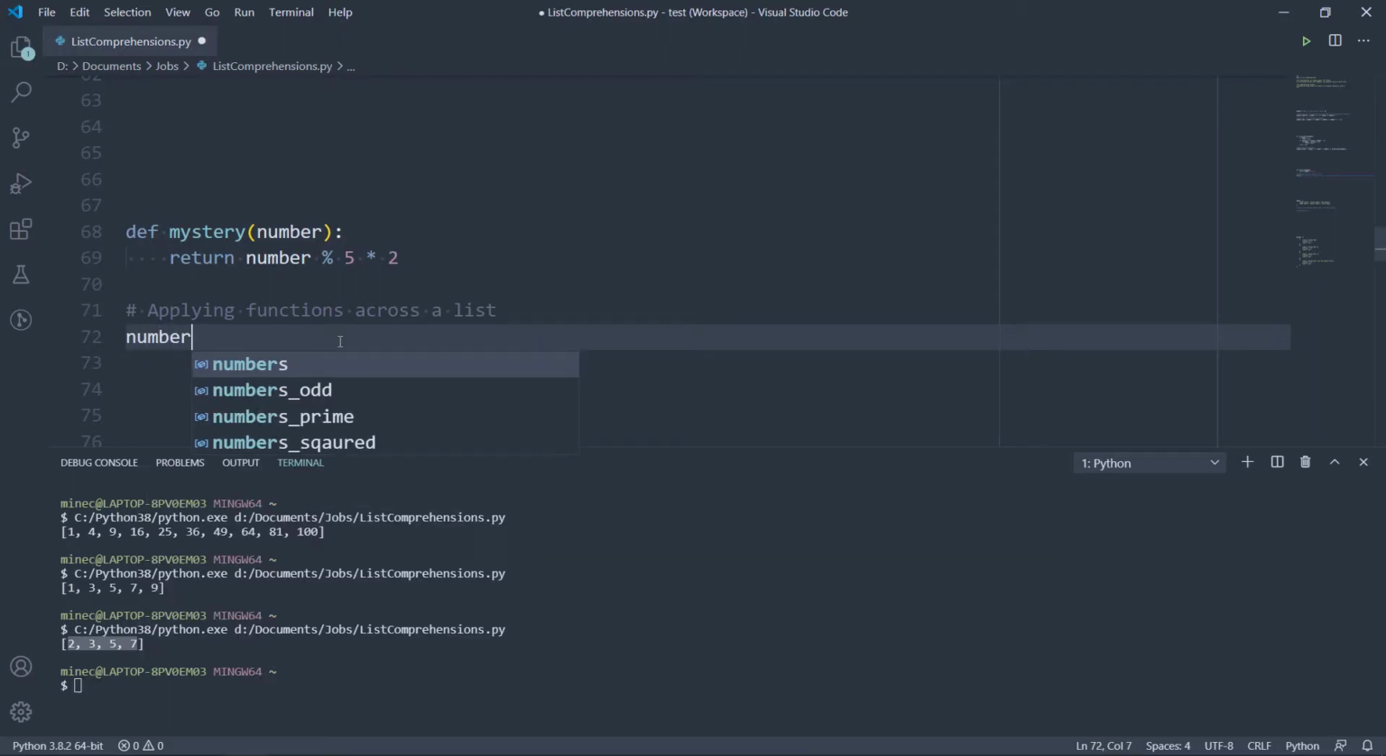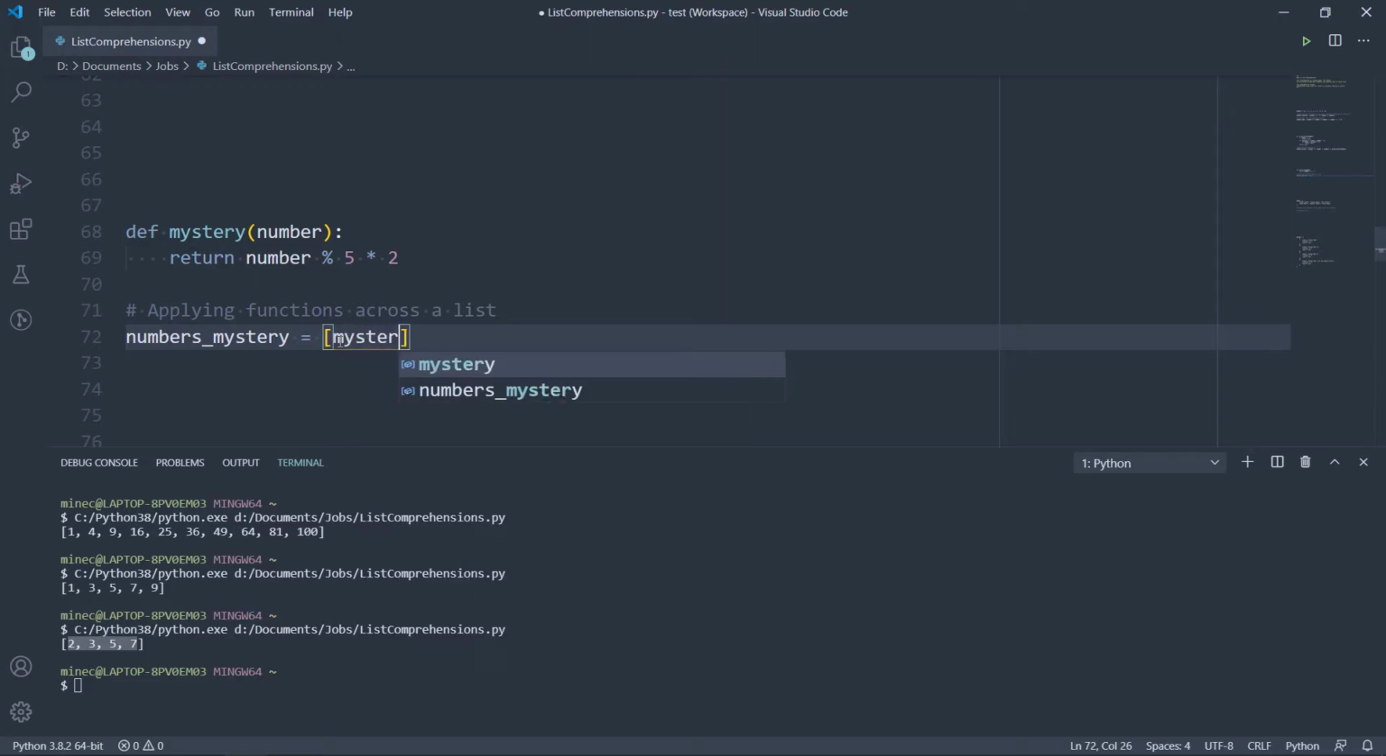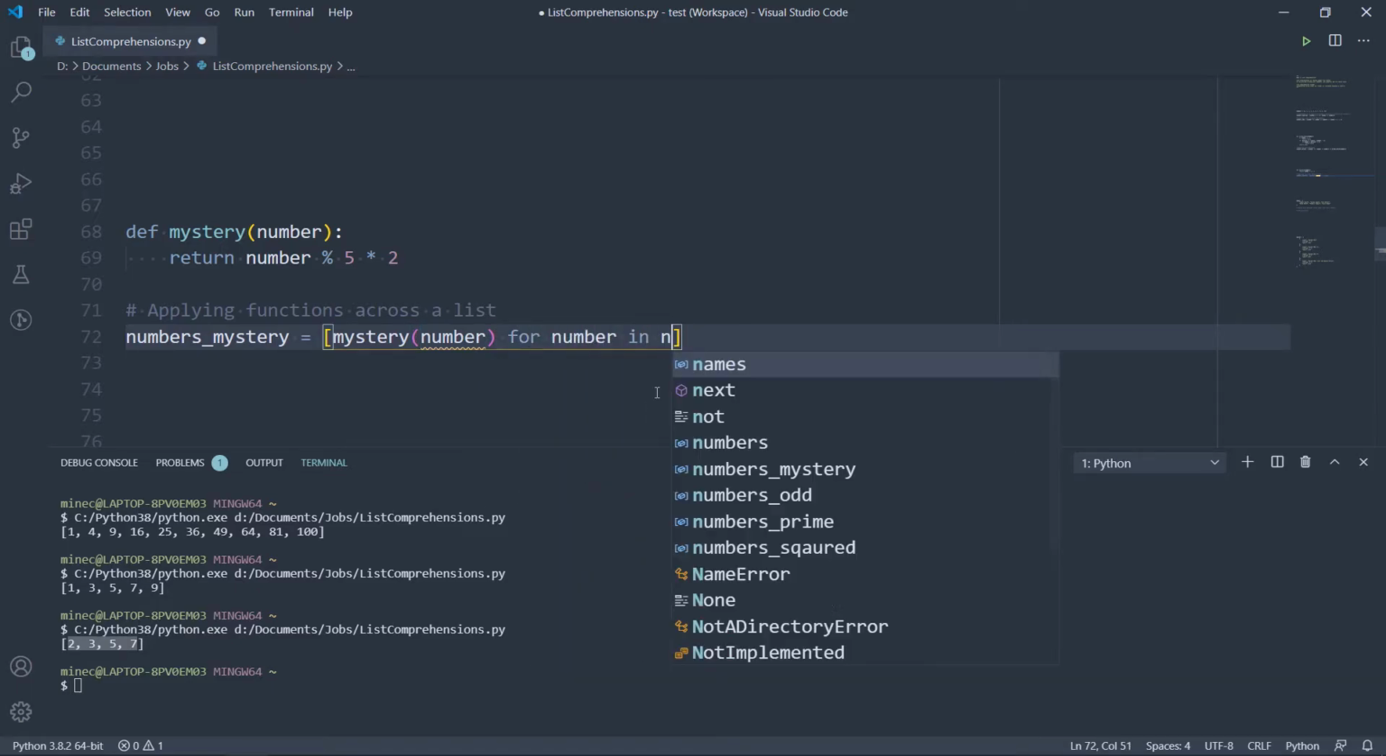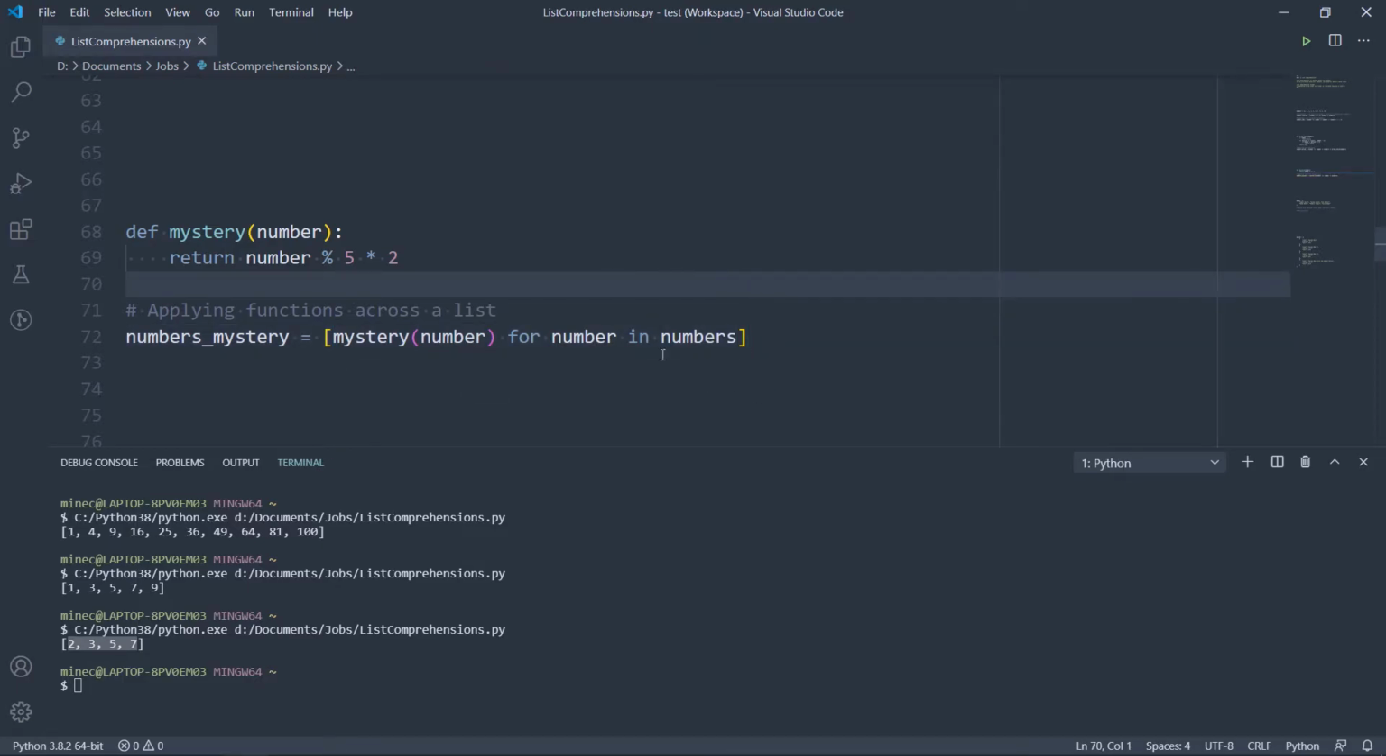Let's name a new list. We'll call it numbers mystery. And we can start the list comprehension with a bracket, and then we say, for every number, I want to apply this mystery function onto it, right? We pass in the number into this mystery function. And we want to do that for every number in numbers. So as you can see, for every number in numbers, I want that number to be passed into this mystery function, which returns this. And when we print that out,